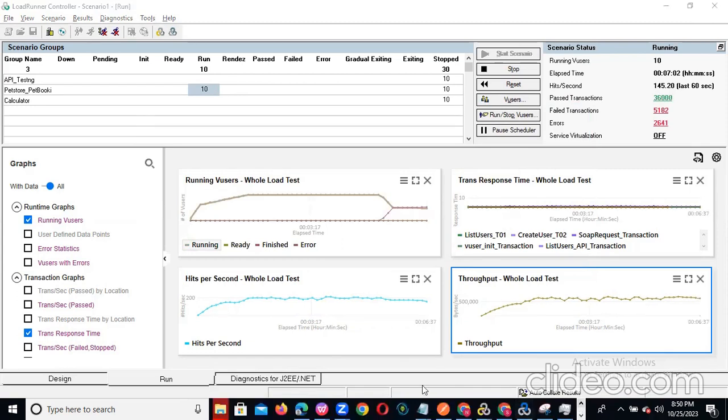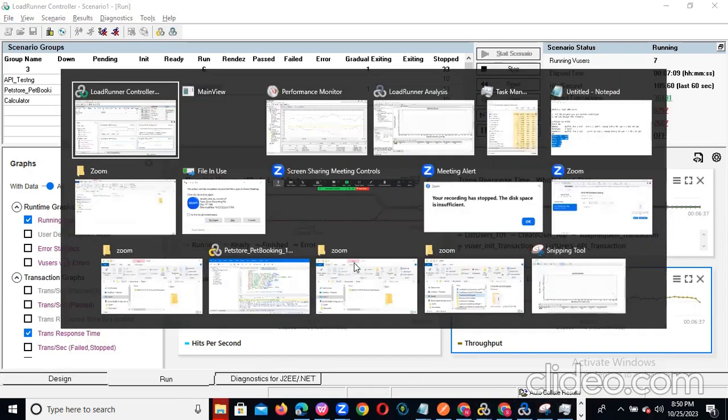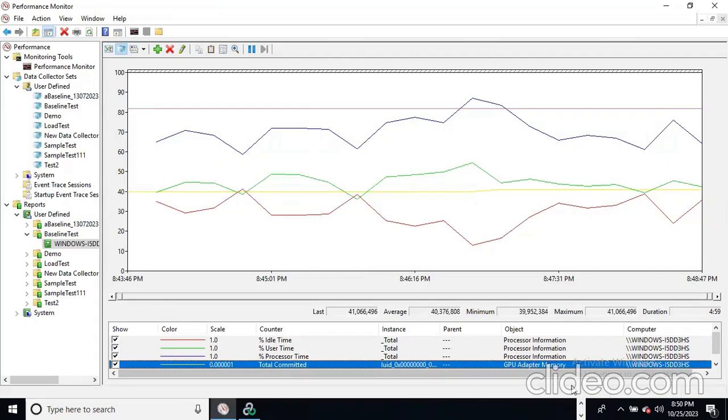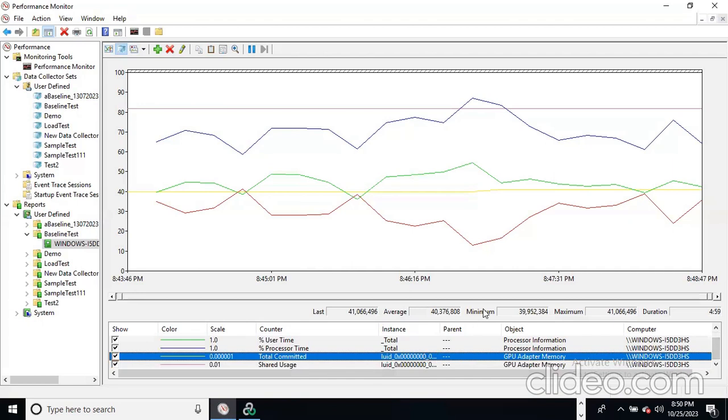Here also we can observe the performance monitor. See total committed. We can see here how much commit has happened also. You can click on this and observe here. This is the minimum, maximum, and the duration also. If you select this